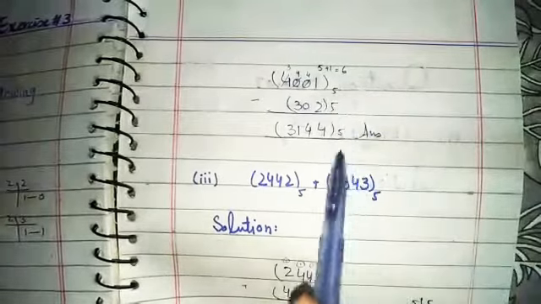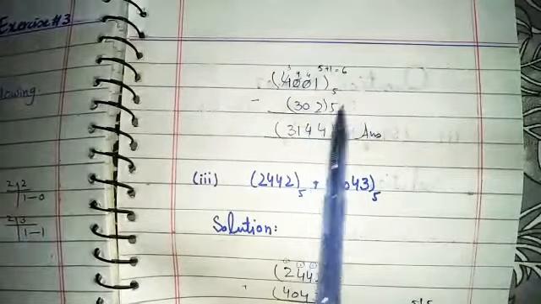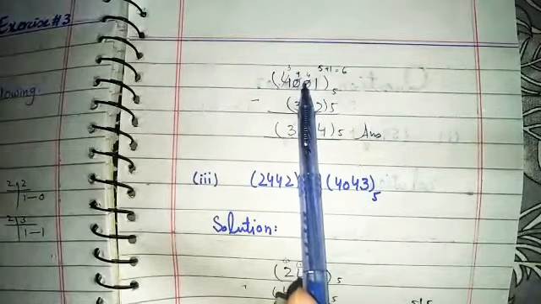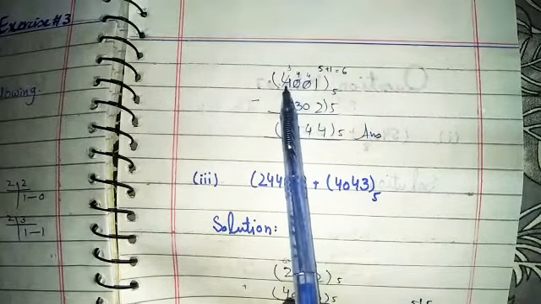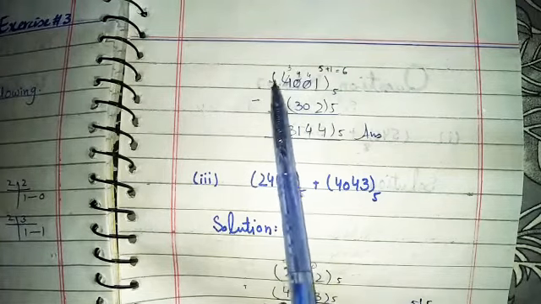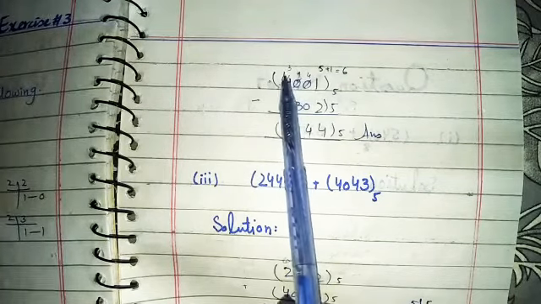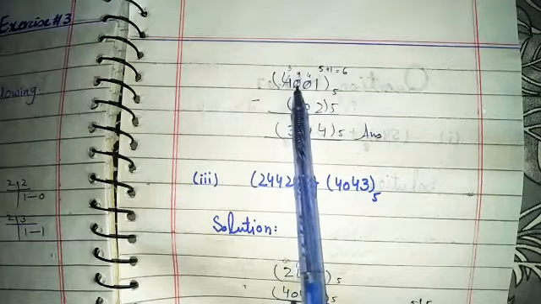Here we will write our first number, then we will write our second number. We cannot subtract 2 from 1, so we will take carry from the last column. Here we have 0, then again we have 0, then we will take carry from the 4. The carry is equal to 5. Here we left 3, we gave 5 to the next column.